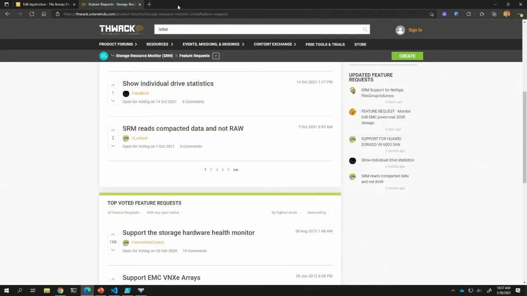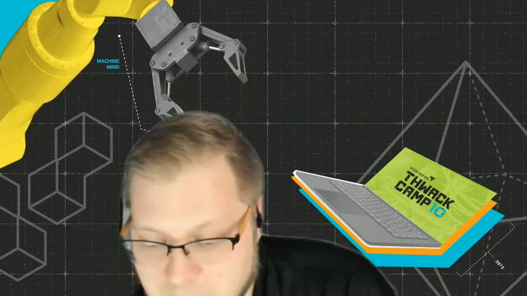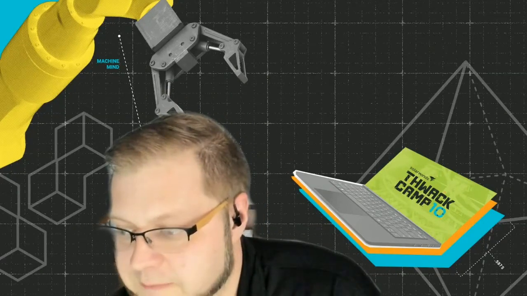So that would be my first thing. I would have put in a feature request for Isilon and put in some information here that it was for the 9.1 version. And if at all possible, give some screenshots of what the output looks like, or what you would like it to look like. It's one of the ways our product managers make sure that we build something that meets your needs instead of what they think your needs might be based on some words. Screenshots are really, really helpful for feature requests, even if you have to do a quick mock-up. Totally worth the time. All right, jumping back.